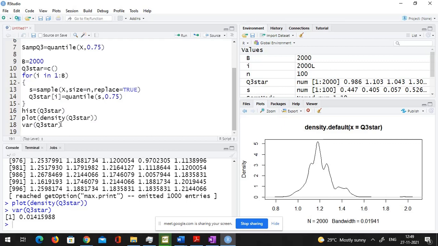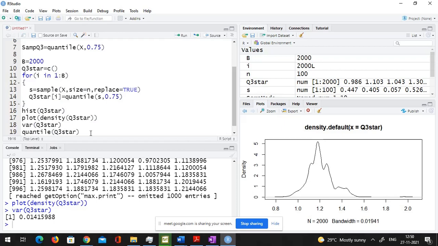Okay, it involves the derivative of the density at that point in the denominator, I guess. So check this. Now I can get a confidence interval. How do I get a confidence interval? I have to simply take the 2.5th and 97.5th percentile.